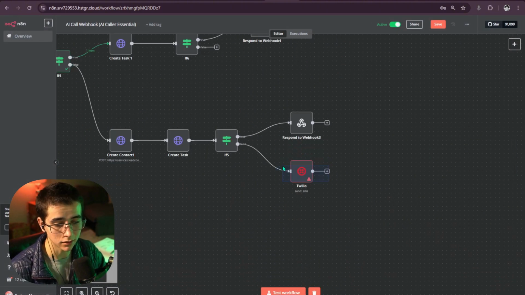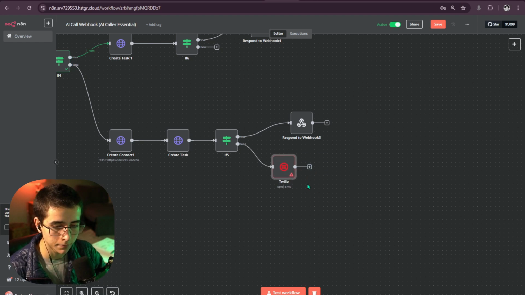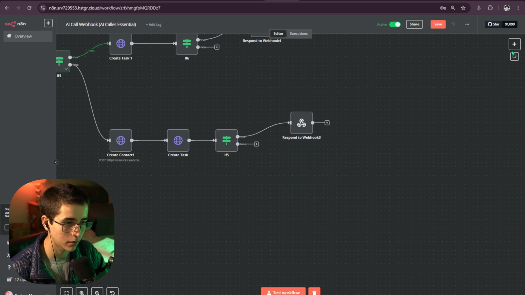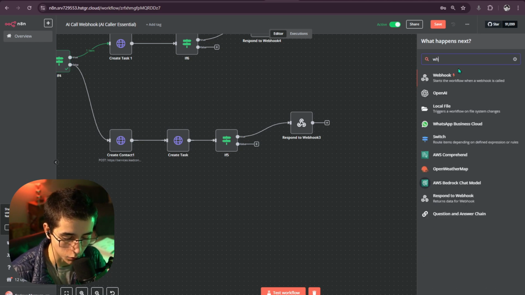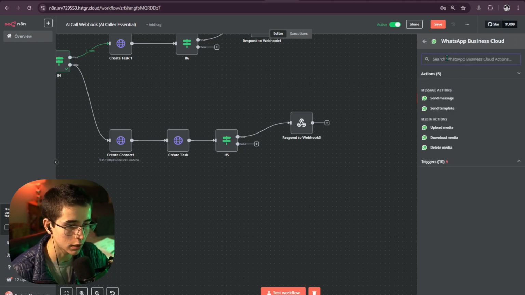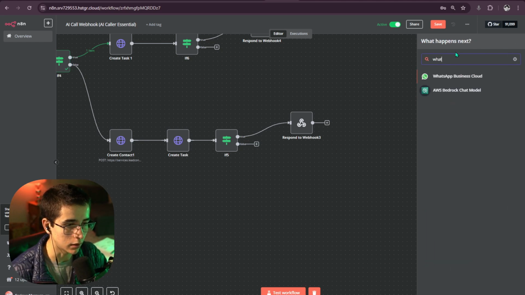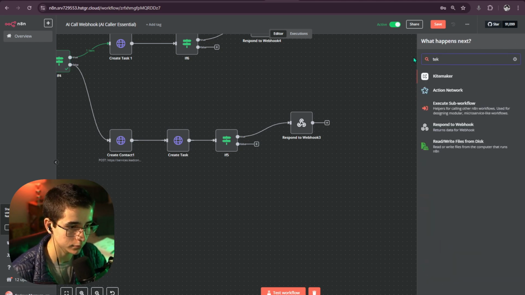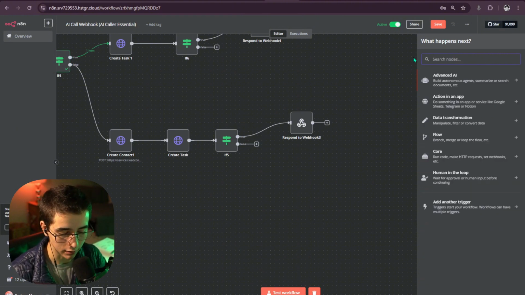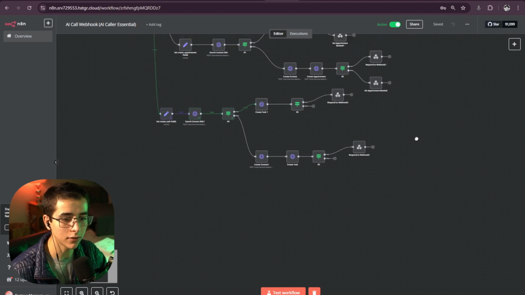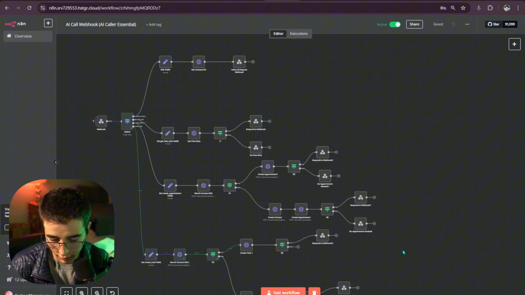You guys can add it. You can add WhatsApp notification. You can add Telegram. You can add Slack. Whatever. I'm just gonna save. And hopefully,